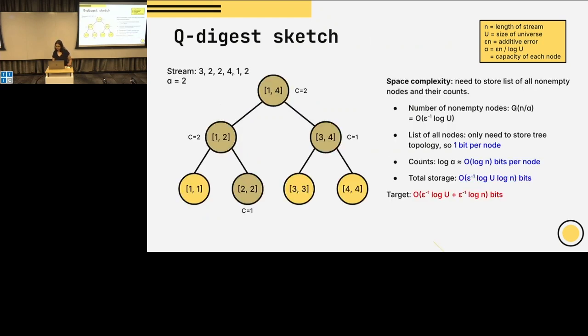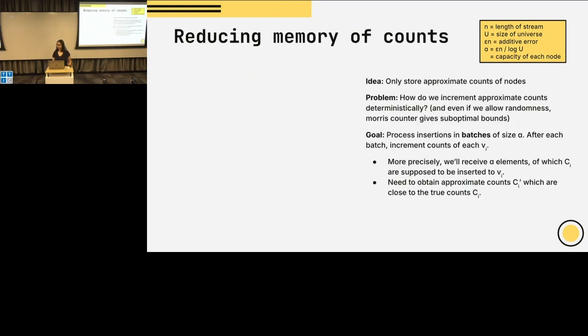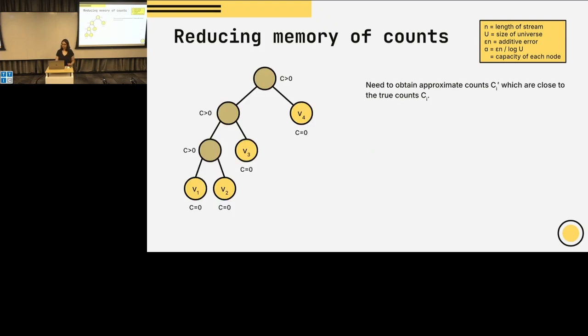Yeah. I think what you're saying here is this O of n over alpha would be bigger if alpha were smaller. Yeah, that'll be too large, and so you want alpha to be big for that to be small. But as alpha gets larger, then you're losing alpha log U in that path. Is that right? Yeah, that's exactly correct. So that's how you solve for alpha, basically. Like the number of nodes in the tree is n over alpha, so that's like an upper bound on the space, and you want to balance that with making sure that the error along any given path is at most epsilon n, and you also want alpha to be big because you want n over alpha to be as small as possible. So yeah.